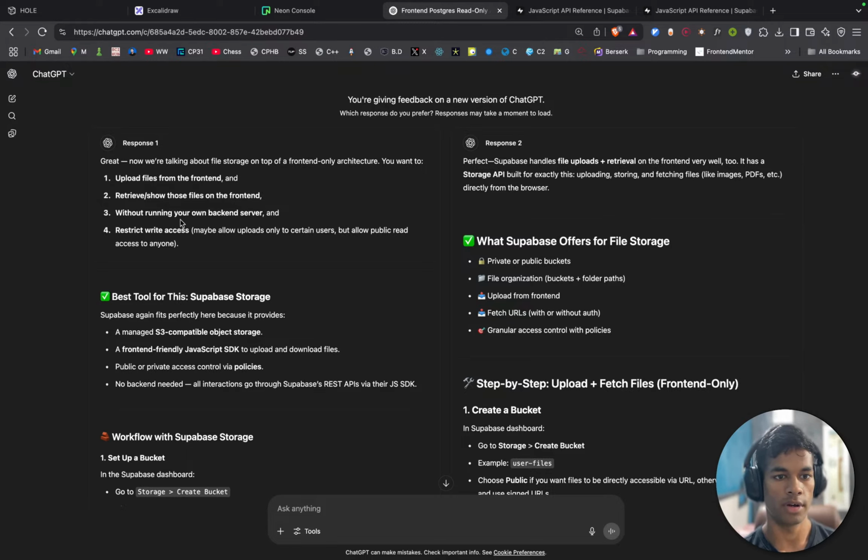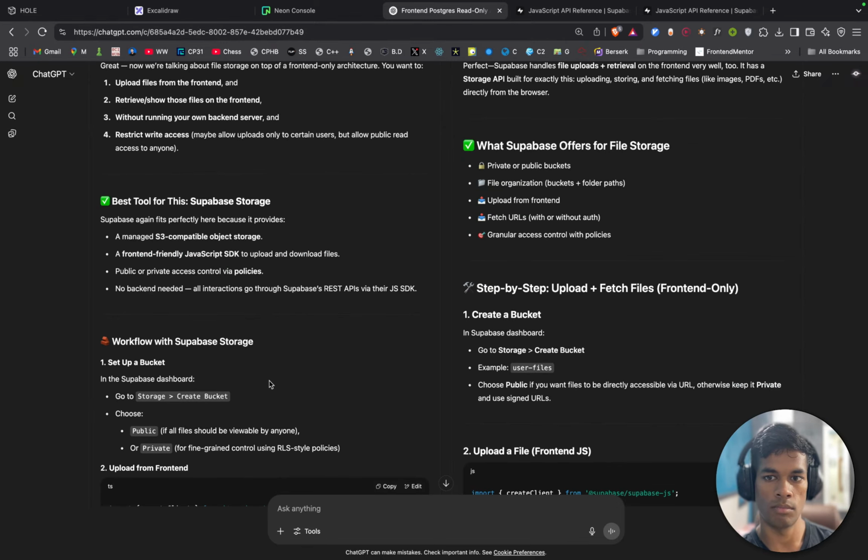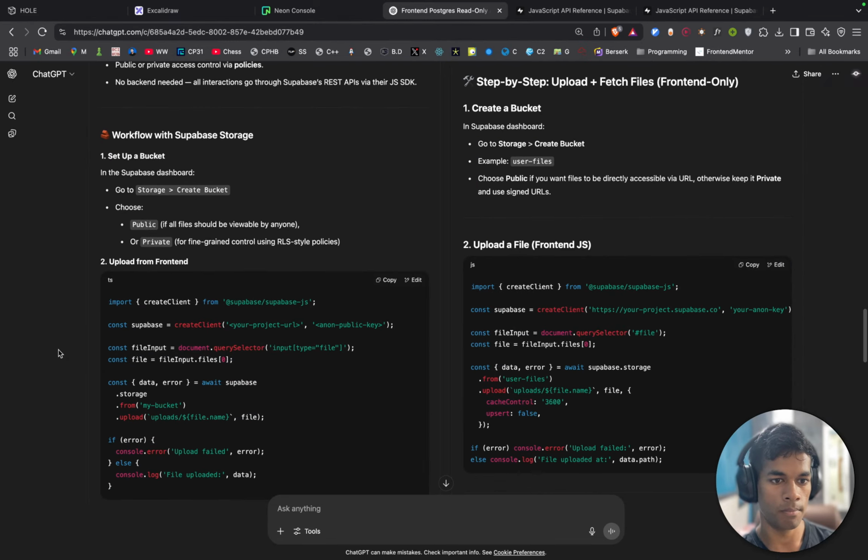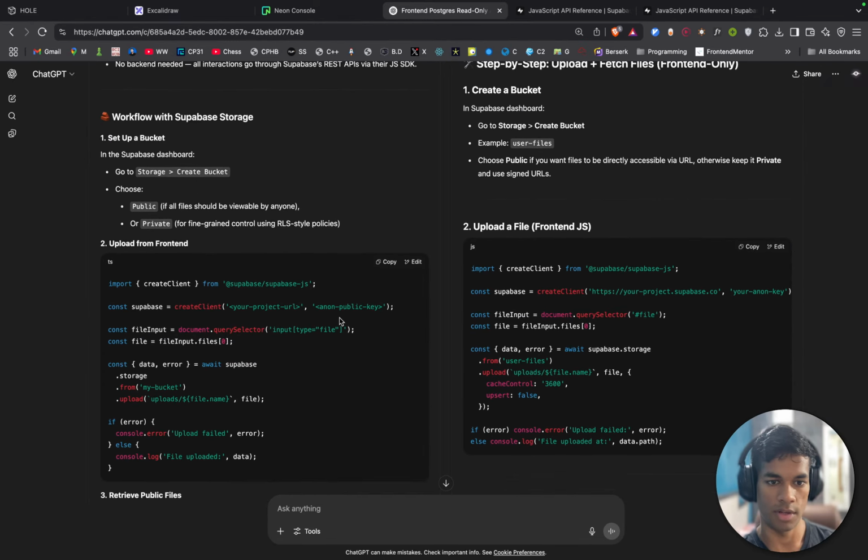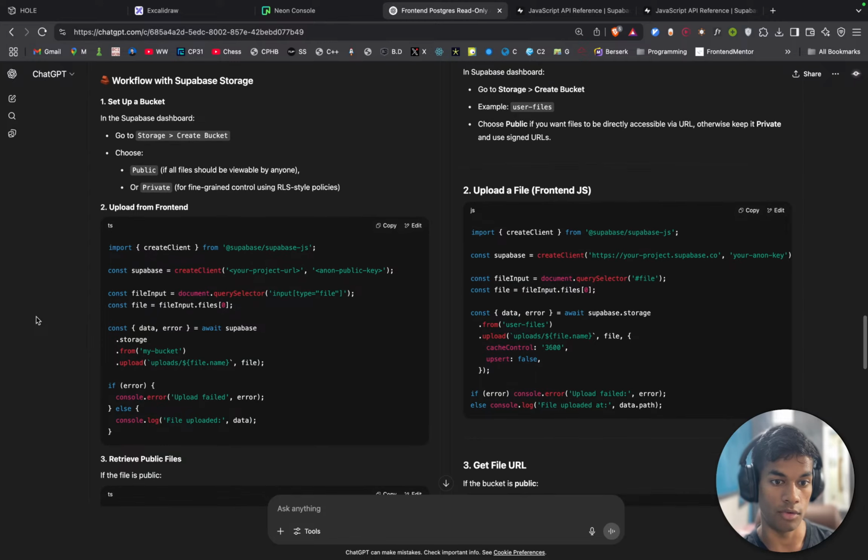Then upload, retrieve without running your own backend server. Best tool for this: Supabase. Supabase again fits here because it provides a managed S3 compatible object storage, a front-end friendly JavaScript SDK to upload and download files, and public or private access control. Create client, get the client, and file input is document.querySelector input file.